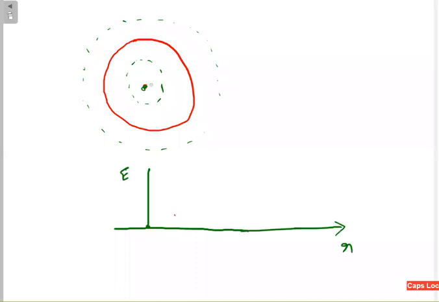What happens as I increase my imaginary surface? My charge enclosed will increase. I am getting some charge, and the distance is also increasing. Up to this point, your charge contribution increases gradually, and it goes to some value. It reaches there. There, what will be your electric field? This is exactly Q divided by 4 pi epsilon naught R square.